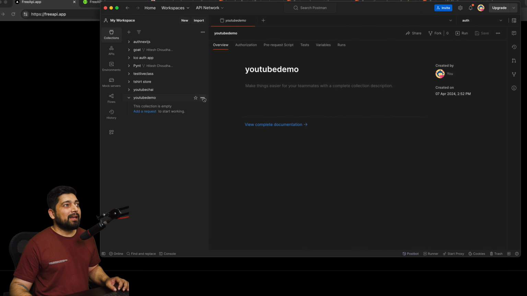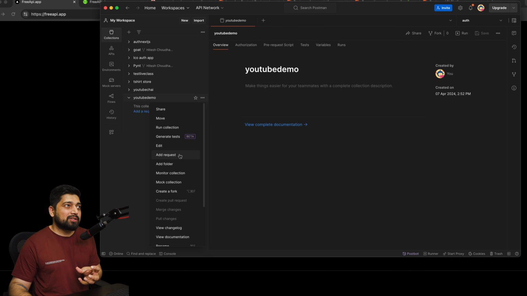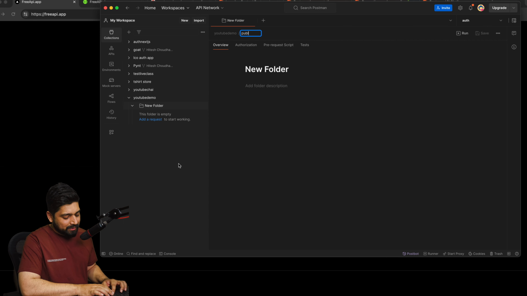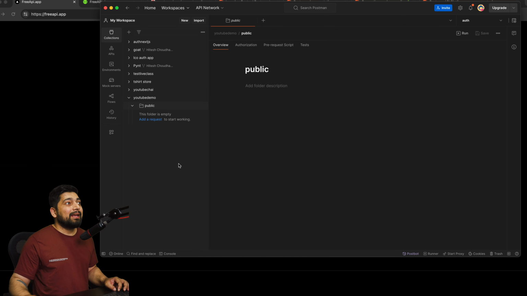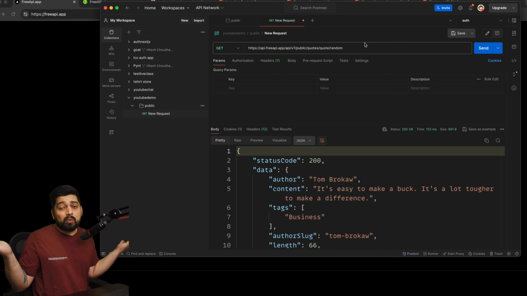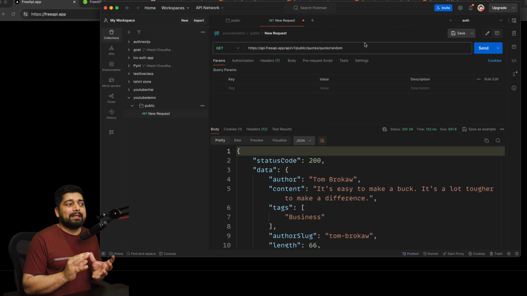So this is what we have. Now I'll just click and say that I want to add a request. You can add subfolders into this if there is a need. So let's just add the folder. And in this folder, I'm going to call this one public because that's what we are calling it. And inside the public folder, I want to add a request. By the way, you can add outside as well, but I'll add the request here. Now in this, I would love to make a request to this one. So we see that, okay, it works really nice. But obviously in the very near future, I'll be making more web requests to this entire API and the routes could be different, but I have noticed already that